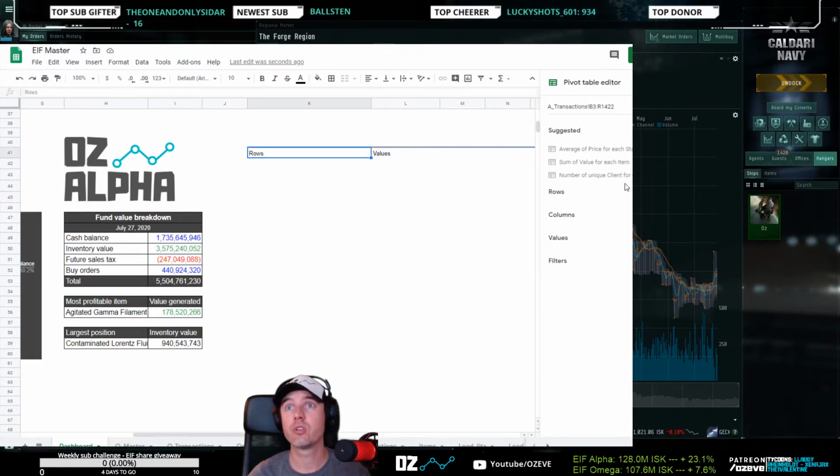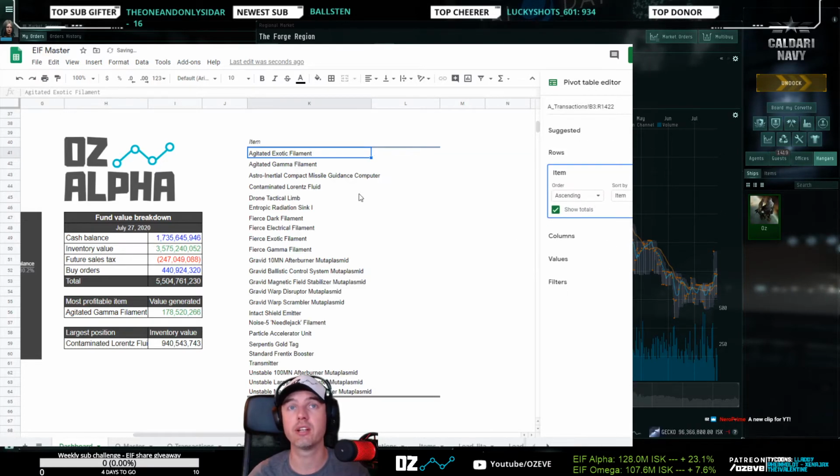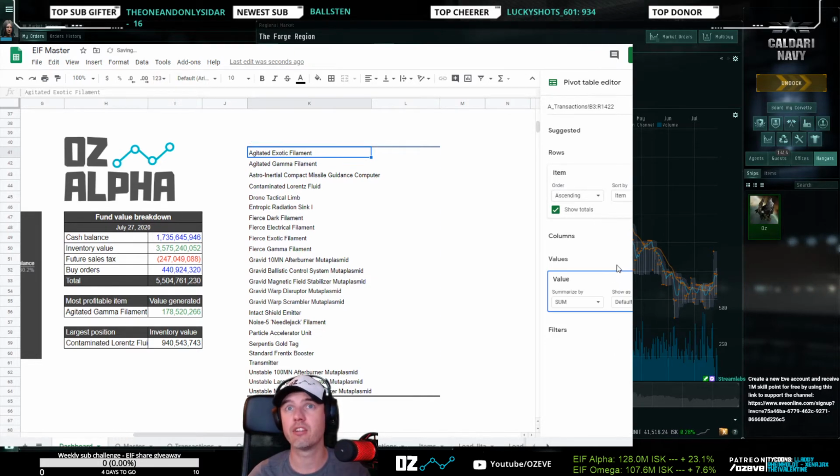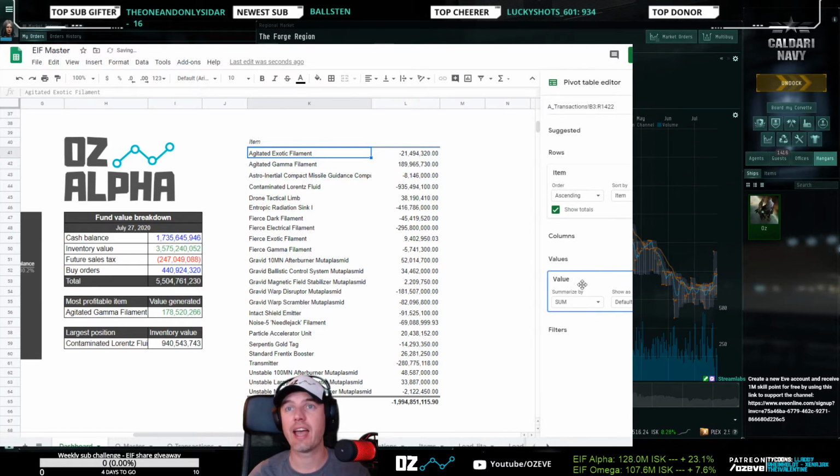So here, what you do is you click on add, and you can add anything to your rows. It doesn't have to be items. In this case, I'm adding items right here because that's what I want to see. And immediately I have all the items in here that have been traded on this alpha account. And then you click on values, and the way you get your transactions in Jeev Assets is the value column has the value of the trade. So if I click on value right here, I add